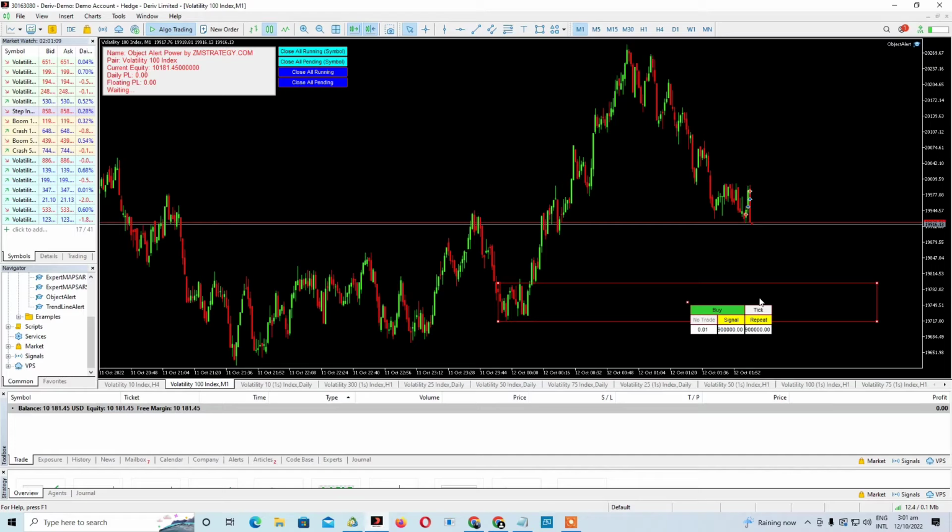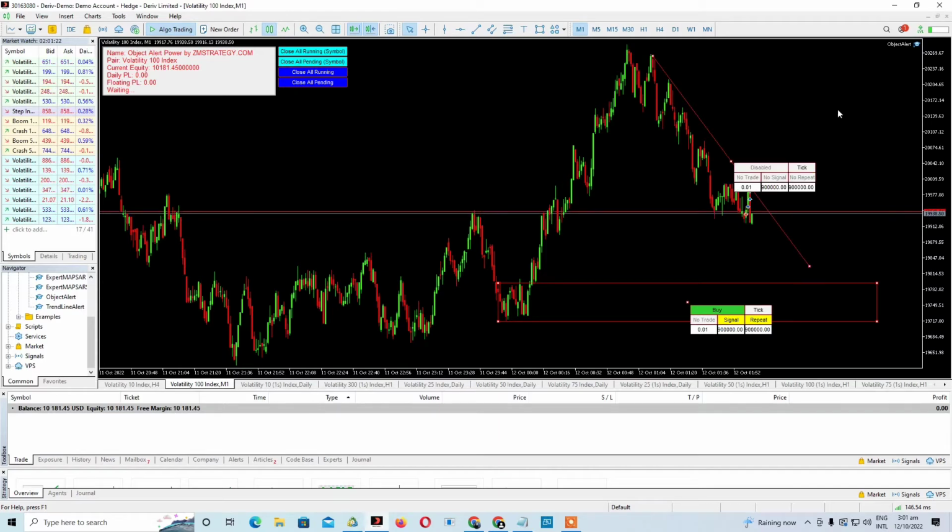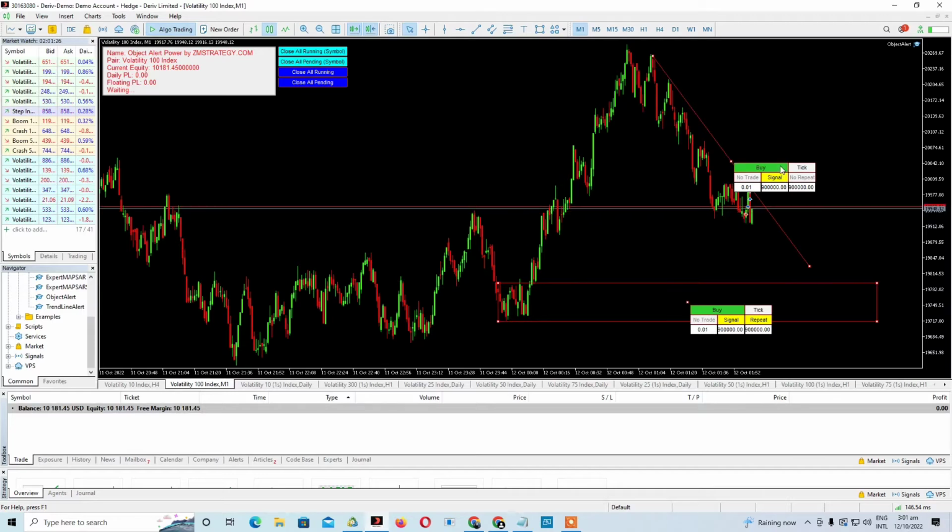And I can still say that, okay, using my trade line from here to this particular zone, if the market crosses this trade line, it should give me a buy signal. It should give me a signal, and the signal should be buy, tick, repeat. And I don't want to take, or I can say it should take a trade for me using a 0.2